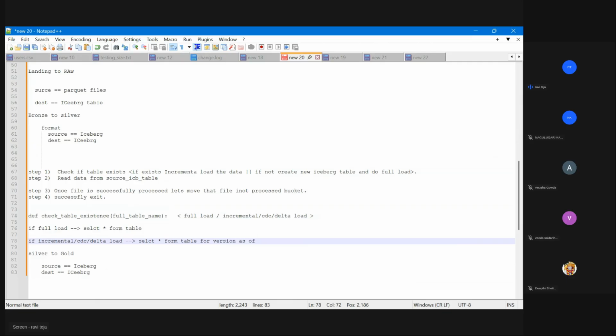You need to find the difference between the two snapshots, right? Whenever you insert your 10 records into your Iceberg table, that creates snapshot 1. Whenever you add 5 extra records, it creates snapshot 2. If I read that table, it will give me the 15 records. But out of those 15, 10 records were ingested in the full load and 5 in the incremental load. If you create the difference between these two snapshot IDs, you can find those extra records. I'll show you how to do that.